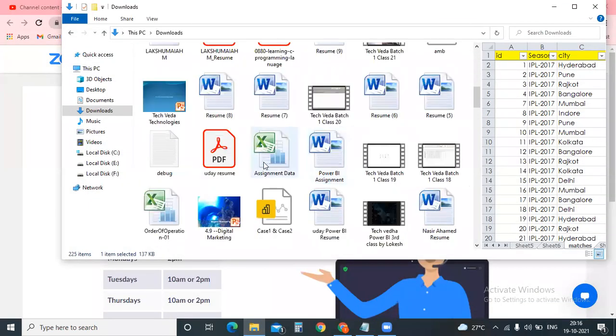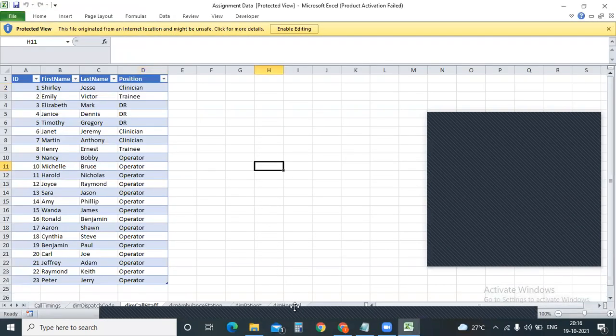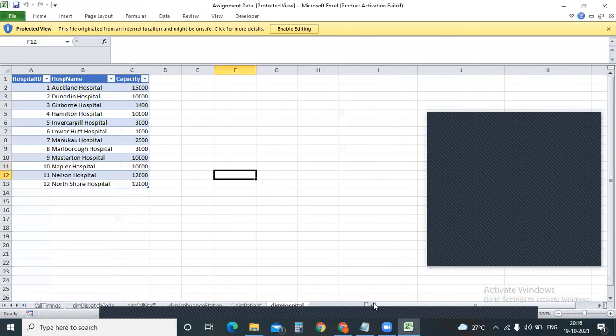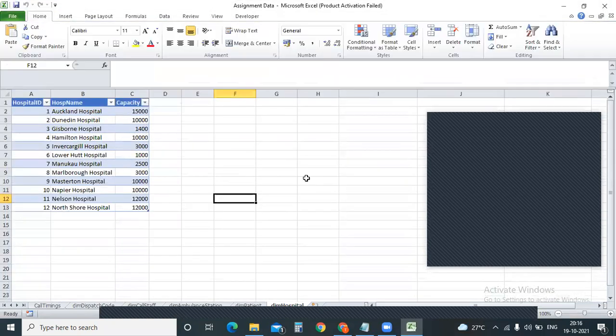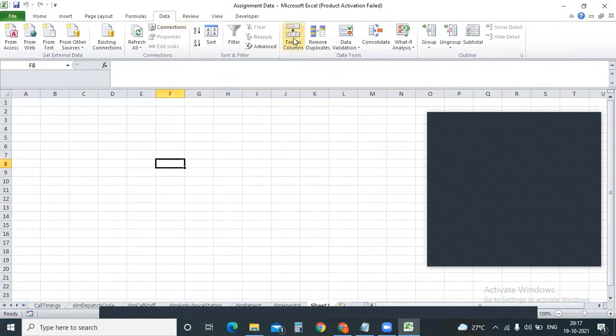So this is the data tab, and in data there are a lot of other options. Getting external data into Excel is a very important topic. First I'll come to this particular option, then I'll come back to this, because both are interrelated. Text to columns, remove duplicates and data validation, I'll come to those.